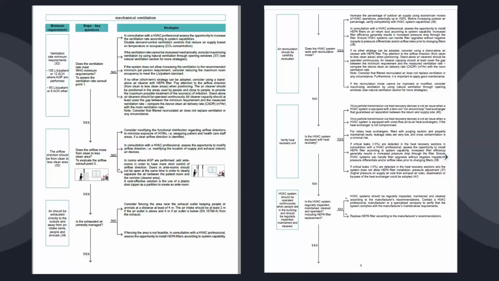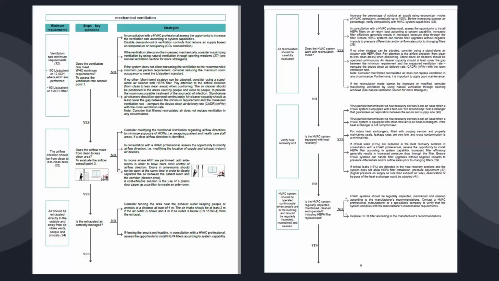Now for the mechanical ventilation, the step key question is the same, the minimum requirement is the same, but the strategies include: in consultation with a heating, ventilation, and air conditioning professional, assess the opportunity to increase the ventilation rate according to system capabilities. If the ventilation rate cannot be increased mechanically, consider maximizing ventilation by using natural ventilation through